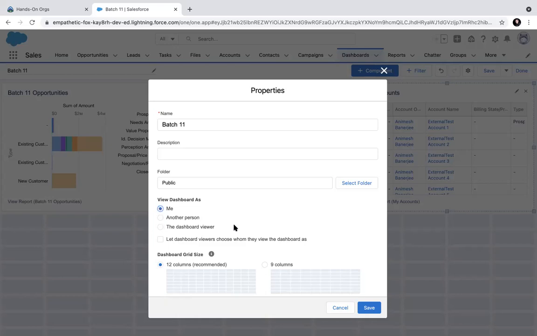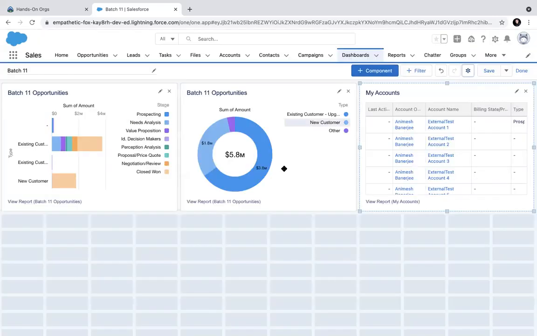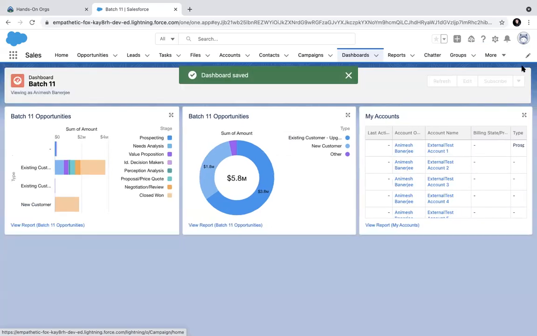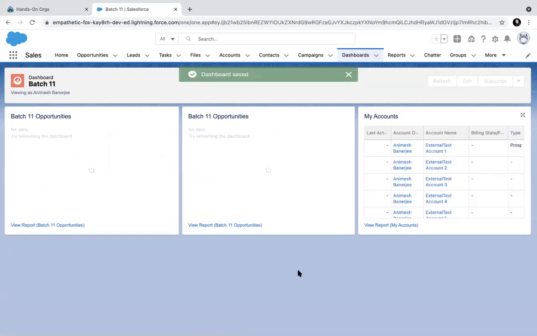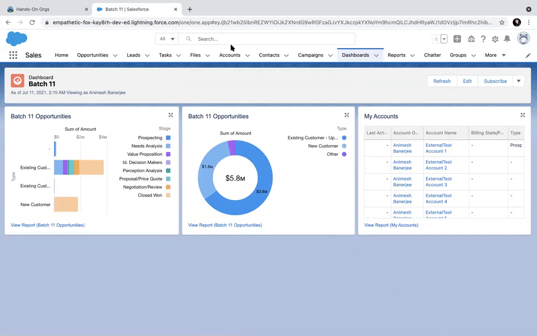Can you please repeat for another person what you said? So when I am creating this dashboard, it is basically pulling my data. So when I am saving this dashboard, if somebody else opens it, he will be seeing my data. If somebody else logs in and opens this dashboard, he will be seeing this whole data. Maybe he does not have access to that data, but he can still see it, because this has been created with my context.